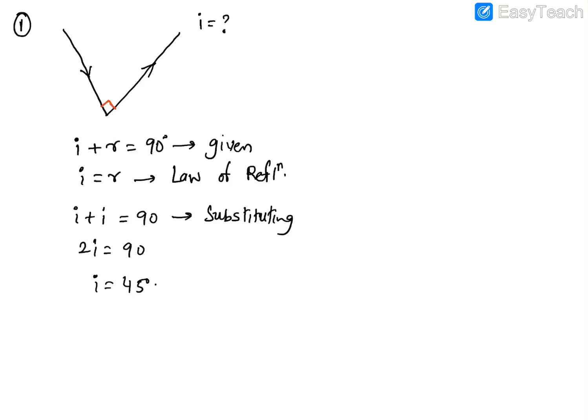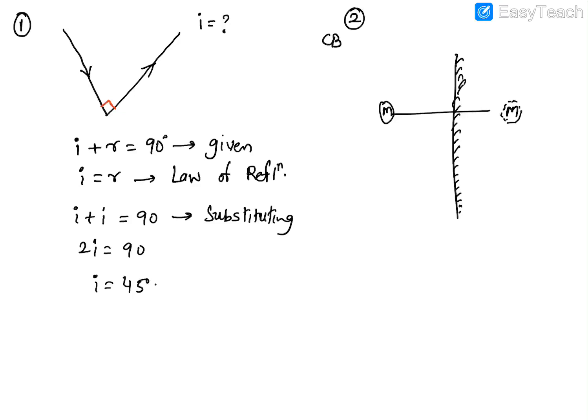Okay guys, problem number 2 is very simple. I don't think I need to do this actually. You all will get it on your own. A man is standing in front of a plane mirror and finds his image at 6 meters from himself. Okay, underline these words, 6 meters from himself. So what will be the distance between the man and the mirror? If this is your mirror, he found the distance between him and his image. So here is the man and here is his image.